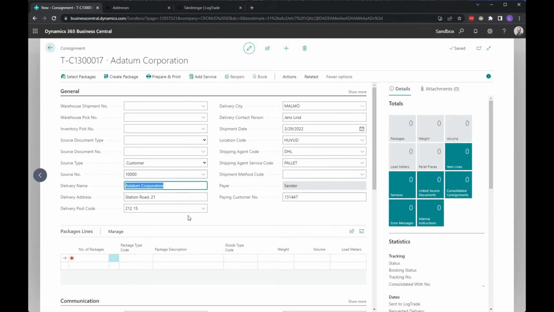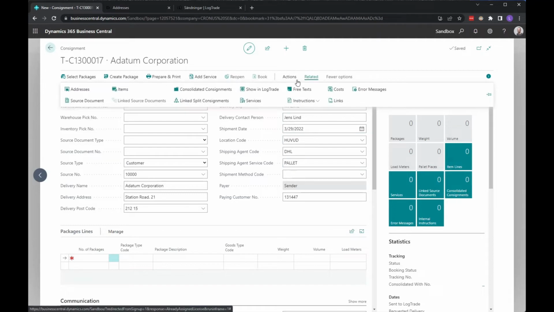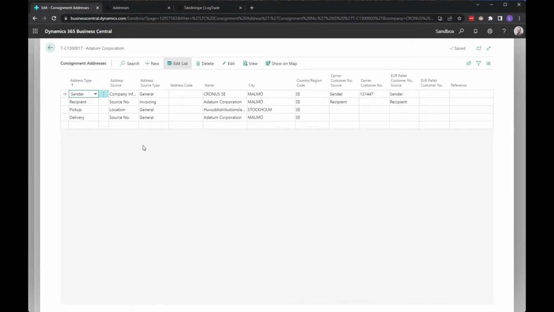We will later on do this from sales orders and so on. And I get data from the customer, the location code, shipping agent service. We have the paying customer number based on the shipping agent code, since I have that paying customer number in the table for customer numbers. We can see that we created addresses based on address rules, which provides a flexible way of defining how these addresses shall be created. So normally we have 4 address types,